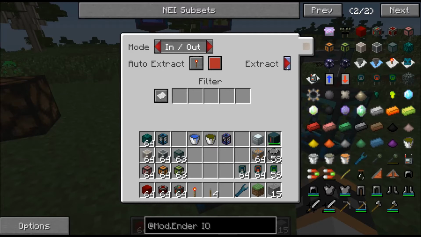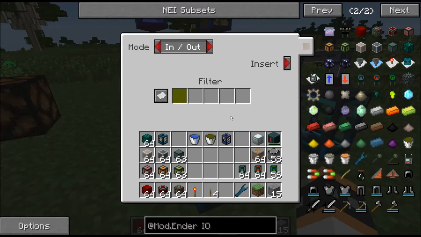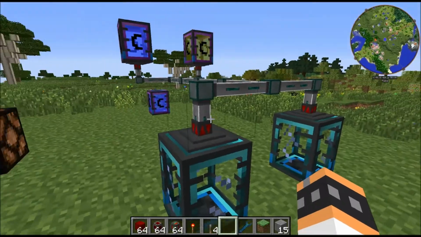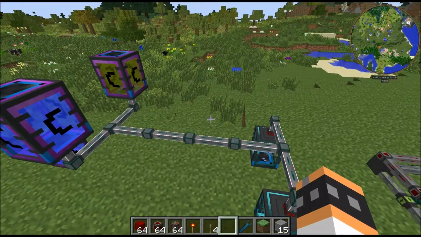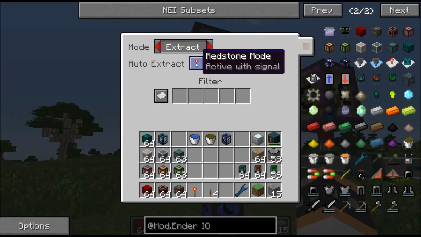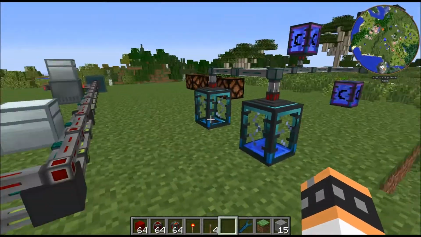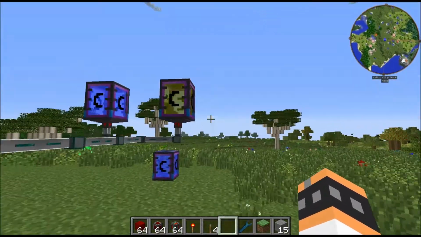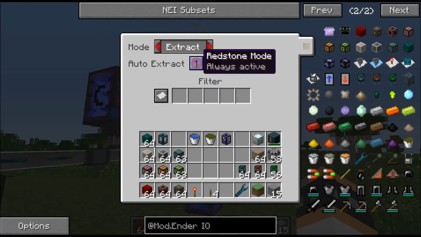Leave it on input output and go to insert here, and you put the type of fluid you want to go into that tank in here. You have a whitelist and a blacklist. You want to whitelist it in the filter and go to this one and do the same thing. Input output, insert, and then I'll put water in this one. So this is going to cross over. It's going to go through the same tube and it's going to cross over. Let me turn on the water first. In this case, you go to extract and always active. It automatically starts going into the one that I put the filter on and not in the one that has the filter for the other liquid. Now I turn this one on, go to extract and always active. And